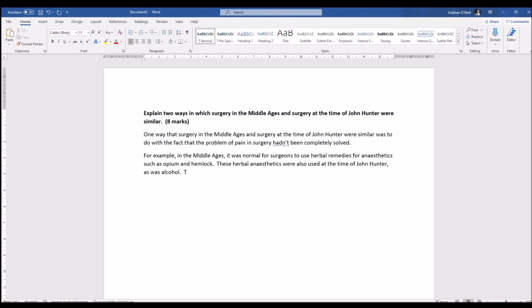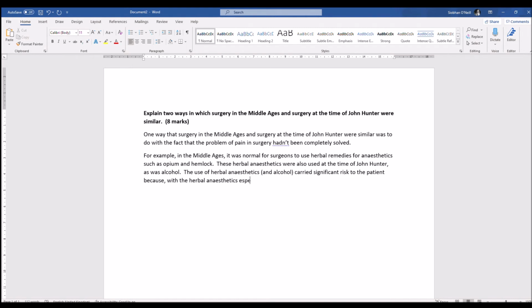For the patient, the use of herbal anaesthetics and alcohol carried significant risk. We'll do it like that and see if it comes up and says you could word this differently. Risk to the patient, because with the herbal anaesthetics,